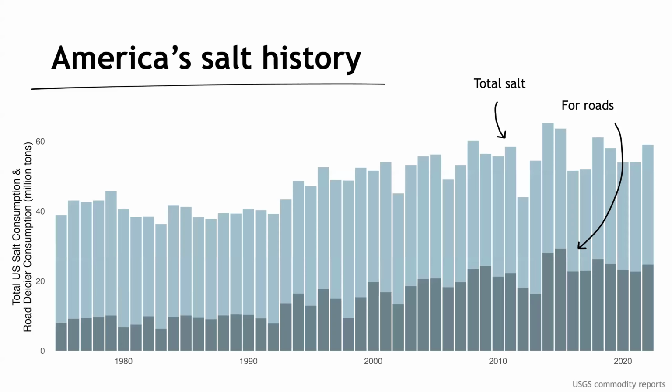Okay, so road salting has been around for a long time. This is a plot of how much salt the United States uses every year. It's in the sort of 40 to 60 million tons, and pretty much half of that is used for road salt. So of all of the salt that we consume in a year, half of it is put on our roads. A lot of the rest is used in the chemical industry. But it's kind of crazy to think that of all the salt we consume, 50% of it, we're literally just throwing into the environment every year.